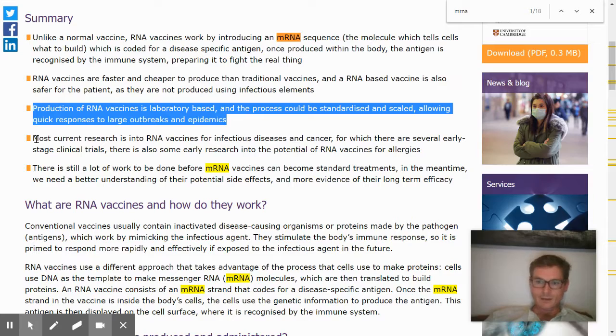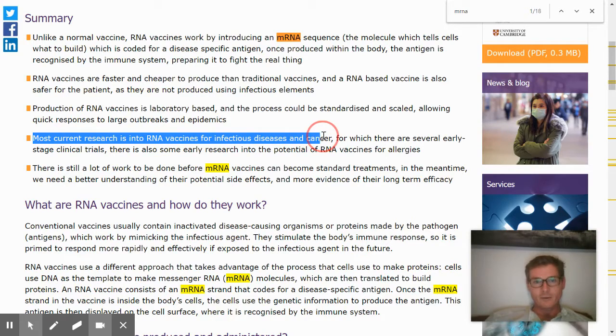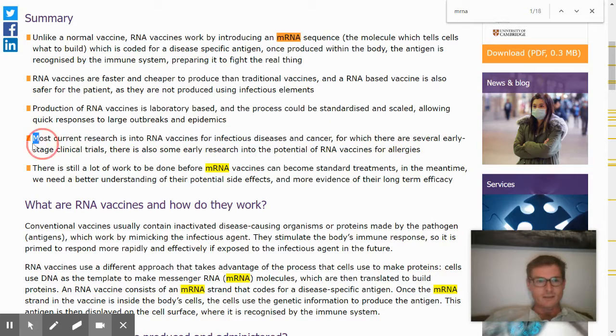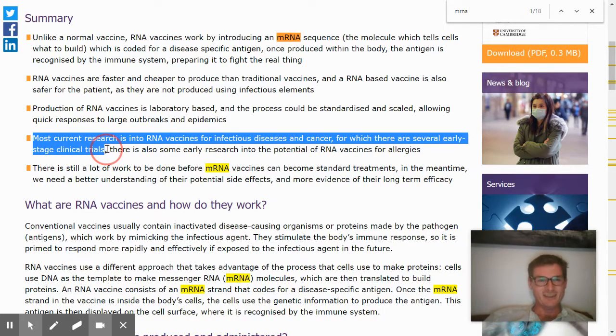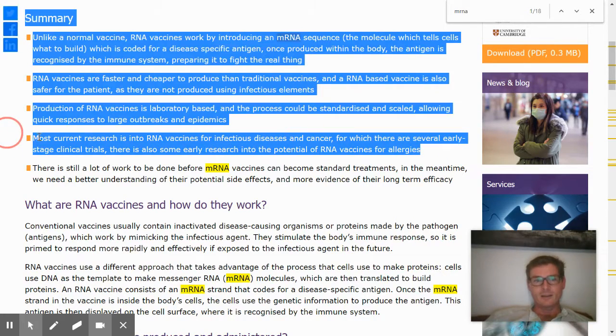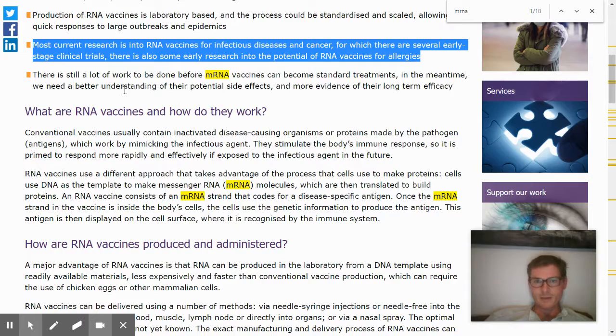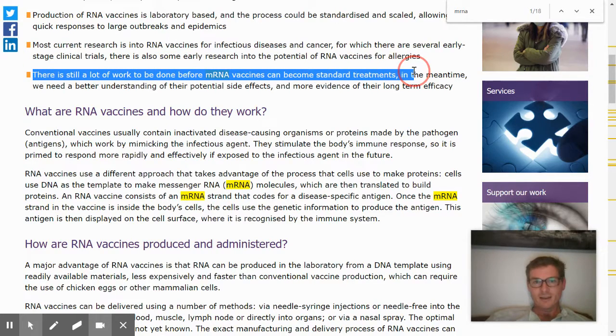And so, I mean, the response to the coronavirus is really the first kind of trial run for creating RNA vaccines on the fly to fight a serious thing, and it's just a really cool thing. So most current research into RNA vaccines is for infectious diseases and cancer, for which there are several early stage clinical trials. There's also some early research into the potential of RNA vaccines for allergies. So yeah, it's mostly for viruses and cancer, but they can be used for other things. And so there's a pretty wide scope once these things start getting produced, in how they can be used in the medical field,